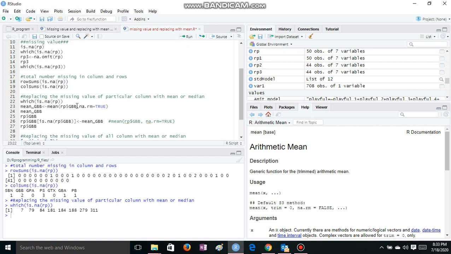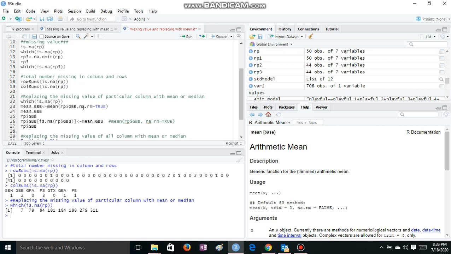How to write this: RP generally reflects our data frame. Once we put a $, it will fetch all such columns, in the sense all the variables that exist in my data frame. So I have picked only one column, that is GBB, right?